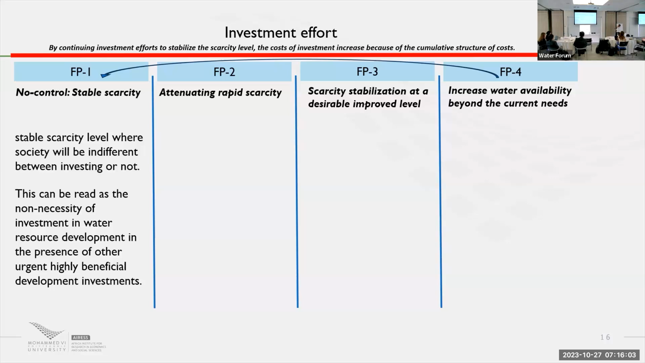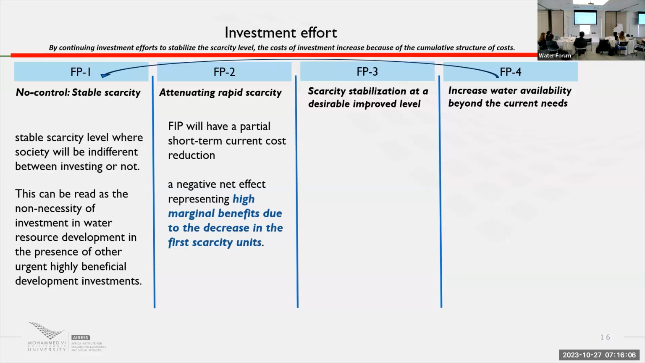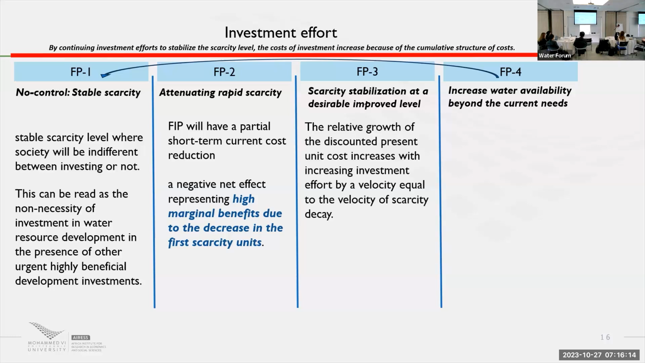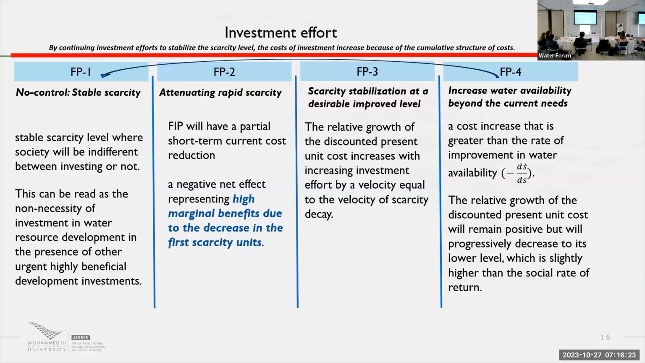In the context of accentuating rapid scarcity, this is the highly beneficial policy, and scarcity stabilization will come at a positive cost, and it is not the most efficient. It will be less efficient, and increasing water availability will come with additional costs, which means that with limited public budgets, the maximum we can do is arrive at this point,